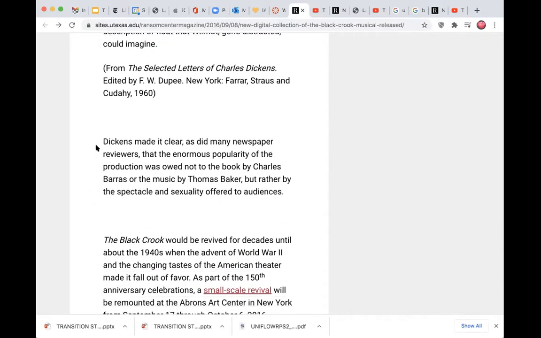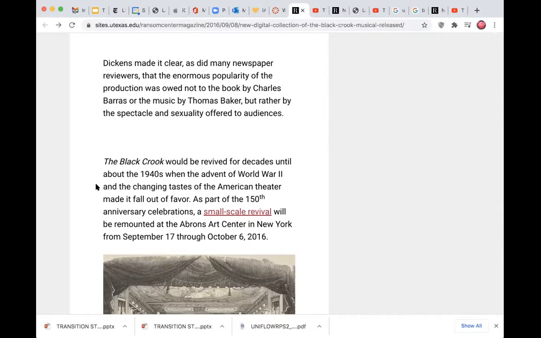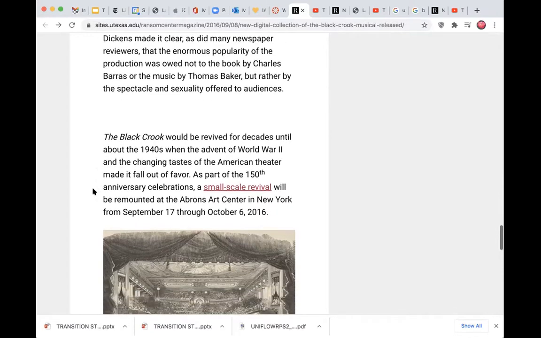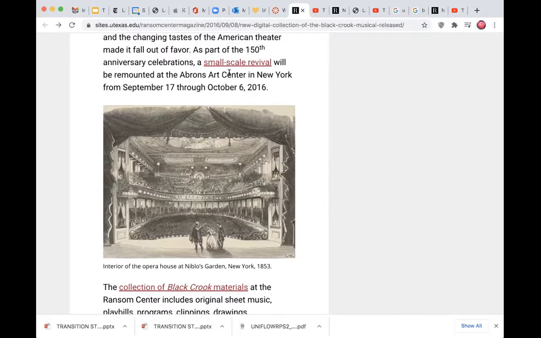So he made it clear that the popularity was not owed to the book by Charles Barras or the music by Thomas Baker, but rather by the spectacle and the sensuality offered to audiences. So it was revived for decades until about the 1940s. It did 20 consecutive seasons, but then continued to be revived even until the 20th century, when with World War II, the changing tastes of American theater made it fall out of favor. And then as part of the 50th anniversary, a small scale revival will be remounted at the Abrams Art Center in New York on